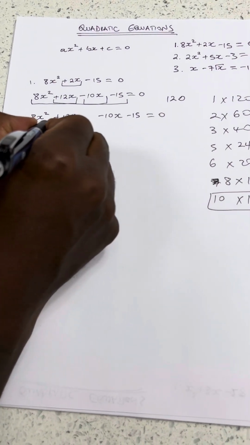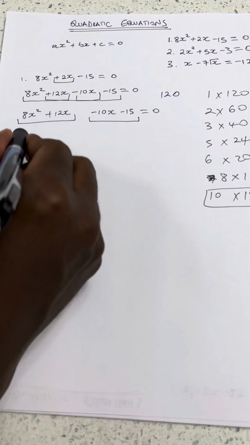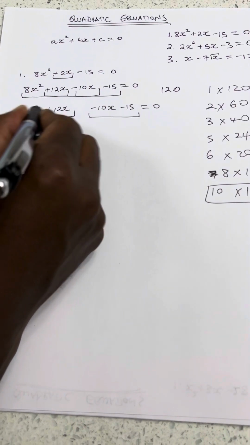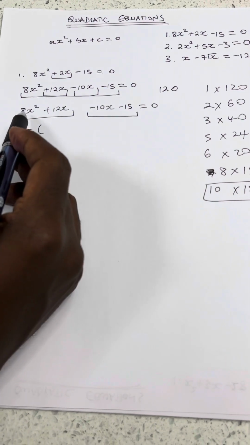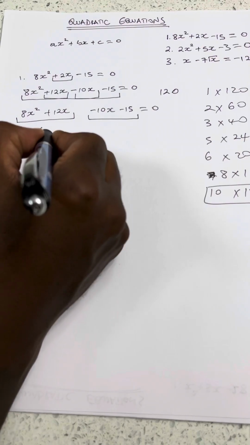So we want a common factor between these two, a common factor between these two. Between these two, if we take out 4x, that is a common factor between the two, when you divide 8x squared by 4x, you are left with 8 divided by 4,